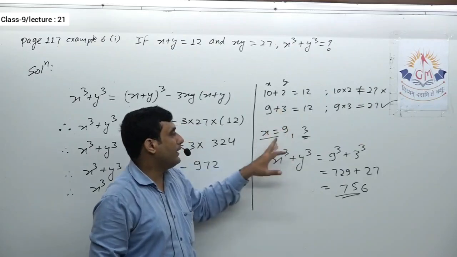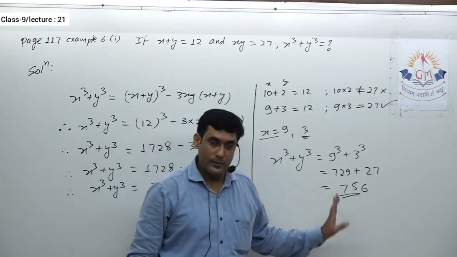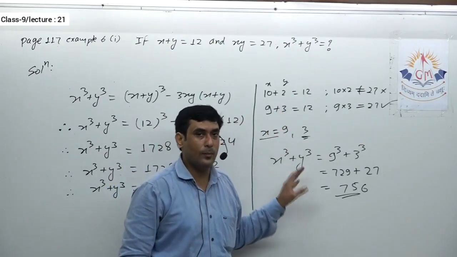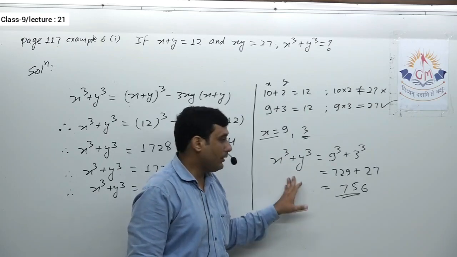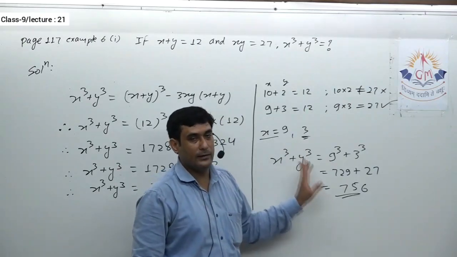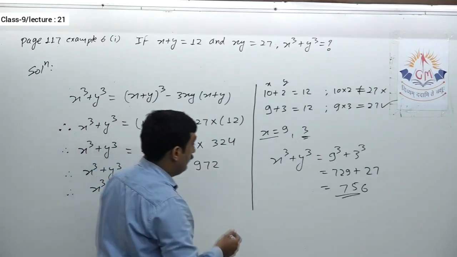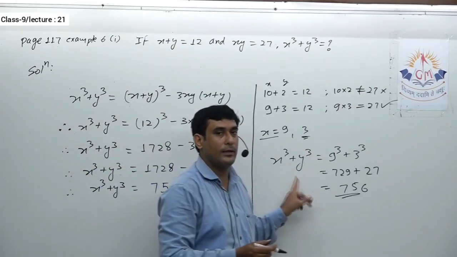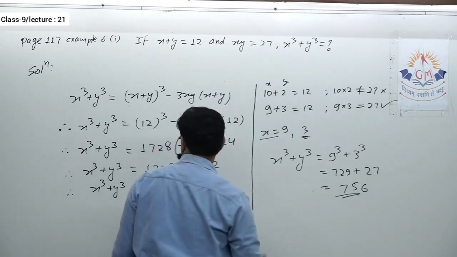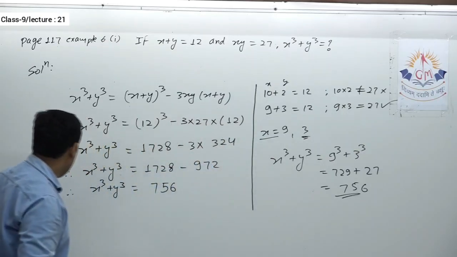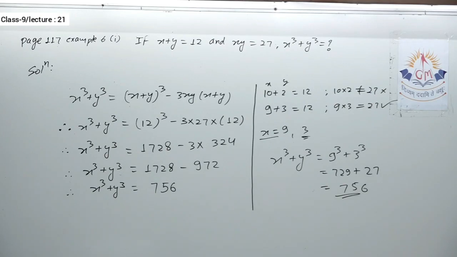Okay, so this we can do sometimes, especially when you have the question in MCQ part, or in fill in the blanks, one liner. If it is asked in 2 marks, 3 marks, you have to do it with the identity. If you apply this method there, you won't get the marks. So I hope this is clear to you. Note it down, then we'll see the next question.